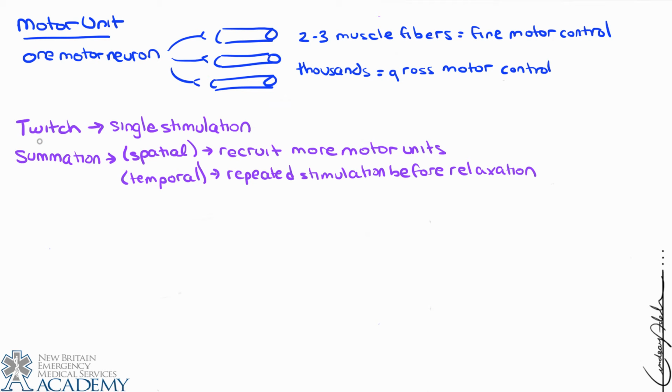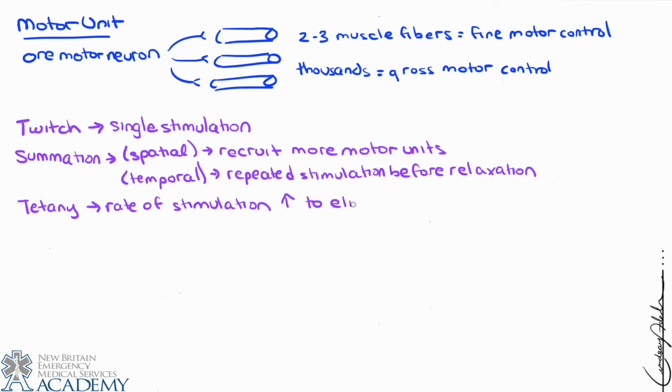And if we think of temporal summation, that's more of time. This is basically repeated stimulation before relaxation occurs. So we have initiation of a contraction, and then before relaxation is complete, we have another contraction, and then another contraction, and then another contraction, and so before we know it, we're able to develop a more powerful muscle